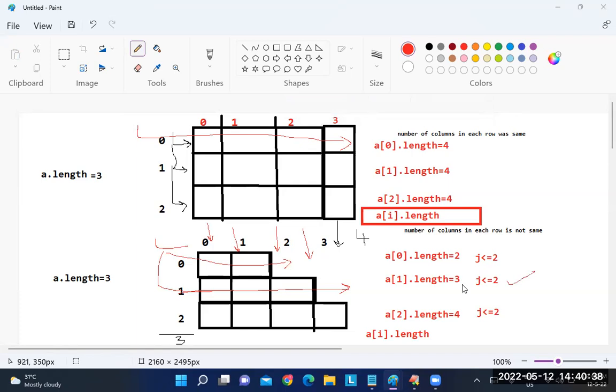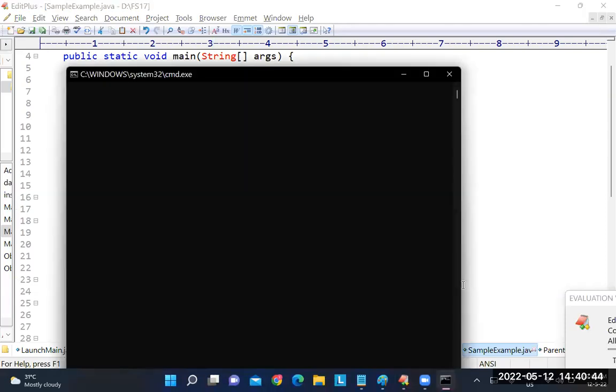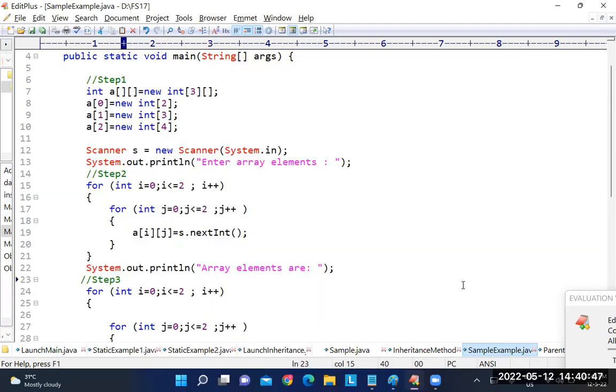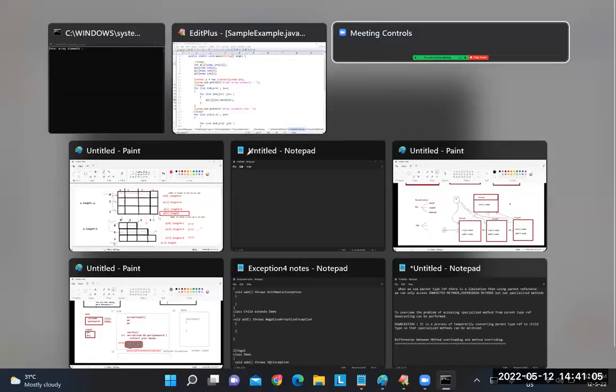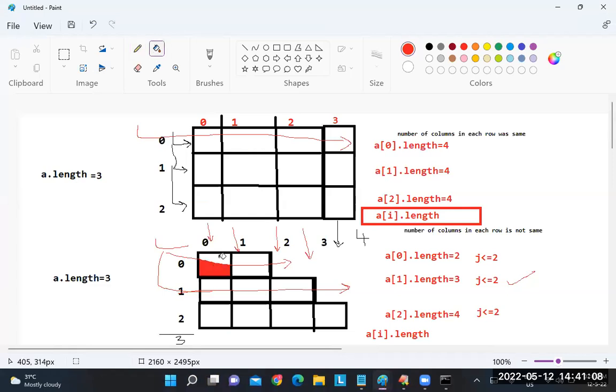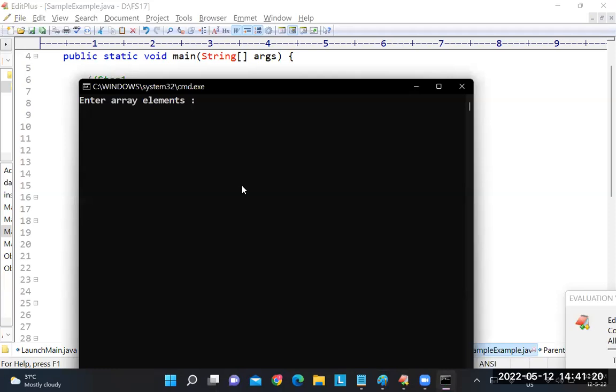Please check if that is the way I have written the code. What will happen? I'll compile the code. No issues, because it is with respect to memory. Memory means during the runtime there would be a problem. When I execute my code, it is asking me to enter the array element, whatever I would enter now. So do you think it is for the first one, this element, this block, correct? Whatever I'll give as input now, it is for the 0th row, 0th column. Agree? Okay, I'll give it as